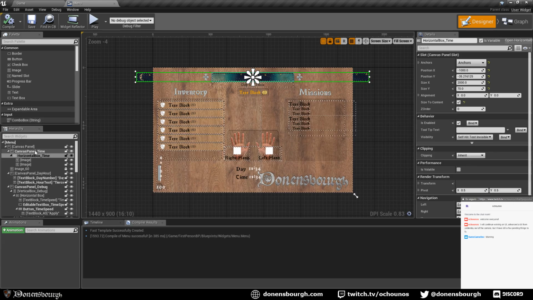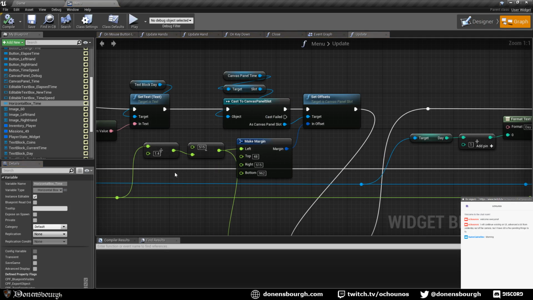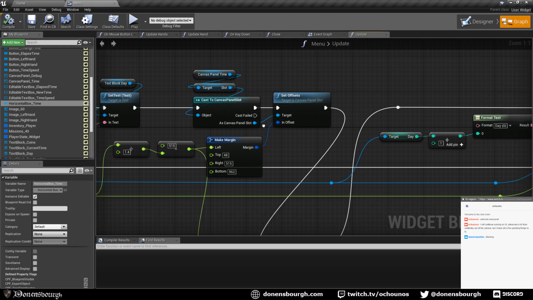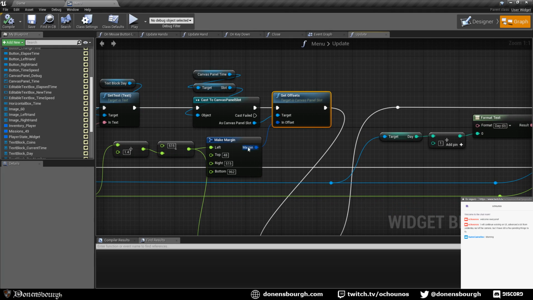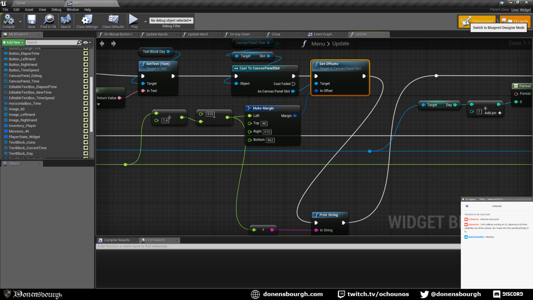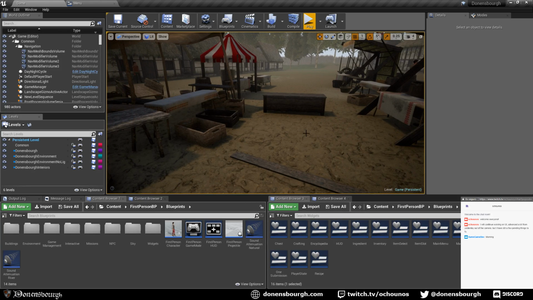this panel, canvas panel, because I was trying to do this horizontal box. I was just trying to move this one, but I cannot find any position offset or anything like that, even taking this slot and casting to the proper one. So the only thing that I have found is this offset about a canvas panel. So I'm using this one and I'm trying to figure out what is exactly not working well, because I see